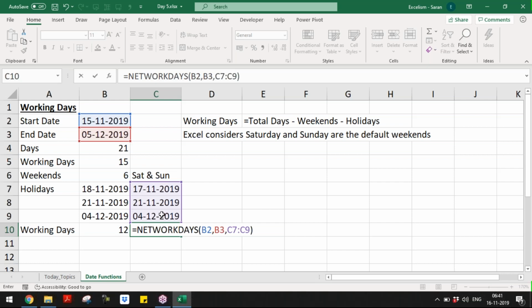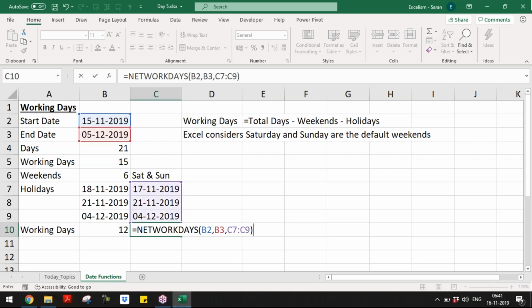Can anyone tell? Same as 12? Because anyway, 3 holidays I considered. Can you guys put in the chat box if my answer is correct? Do you think I'll get the same answer as 12?